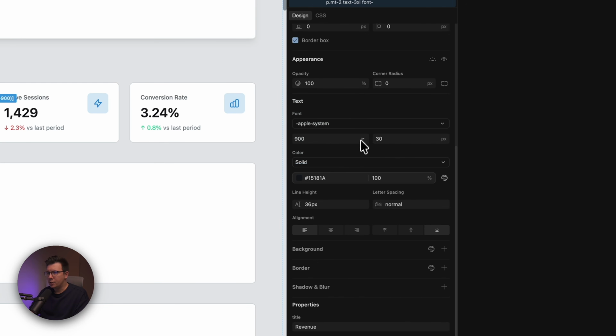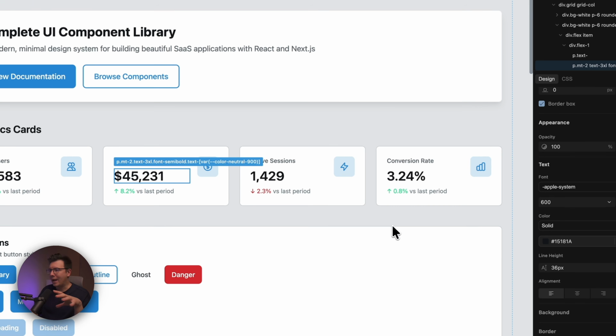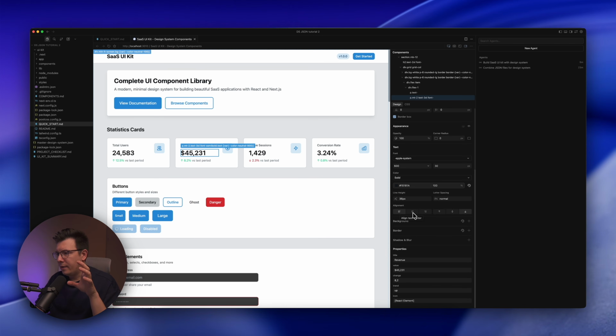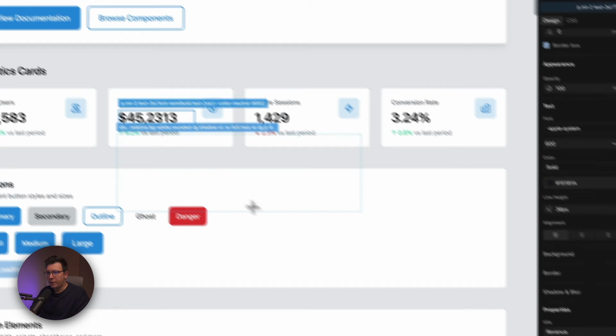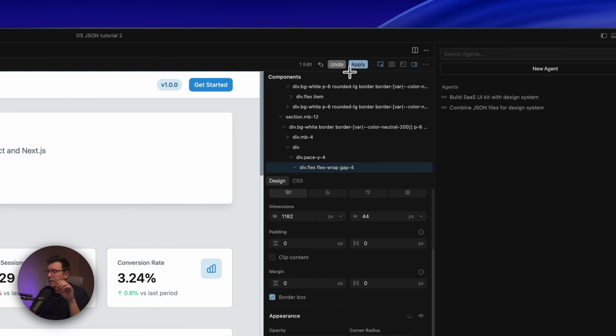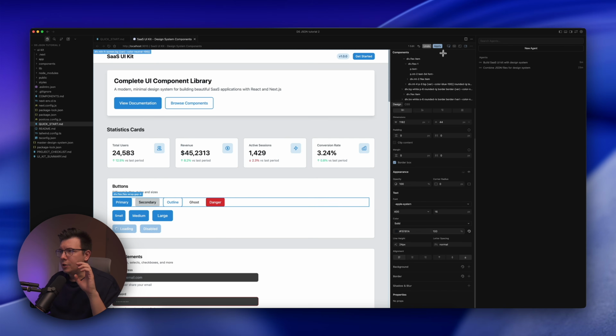For example, I can change to 900, to 600 or whatever. So I can do this inside of Cursor, and I don't need to go back to Figma or anything like that. I can change the values right away, right over here. You see, and when I change it, I can just hit apply, and it will save